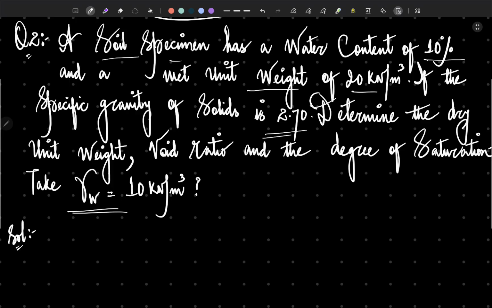What do we need to find first? We have to find the dry unit weight, the void ratio, and the degree of saturation. All right, and what is given in the question? A soil specimen has a water content of 10% and a wet unit weight of 20 kilonewton per cubic meter. Wet unit weight means the bulk unit weight, or the moist unit weight, that is given to be 20